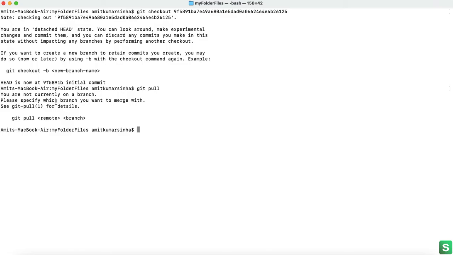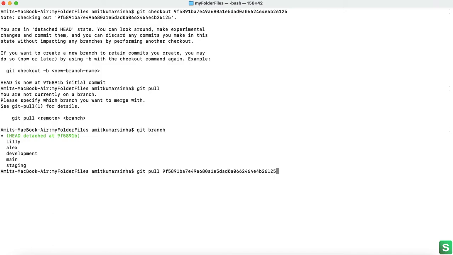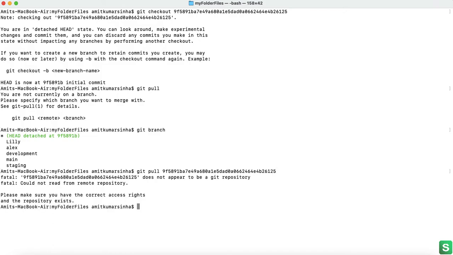So you are not currently on a branch, please specify the branch you want to merge with. Git pull, could not read the repository. Okay, git pull, because the upstream is not set, so I have to use the origin command.